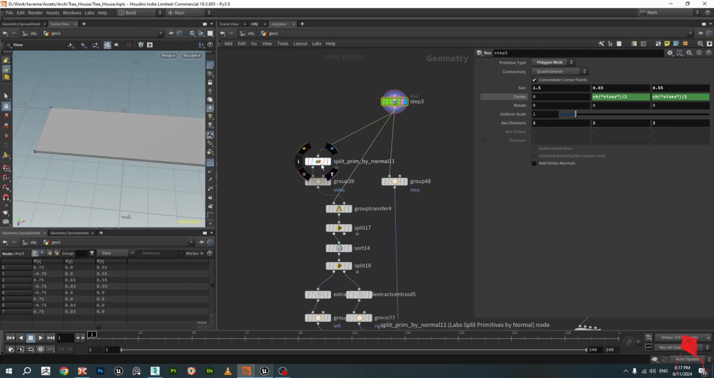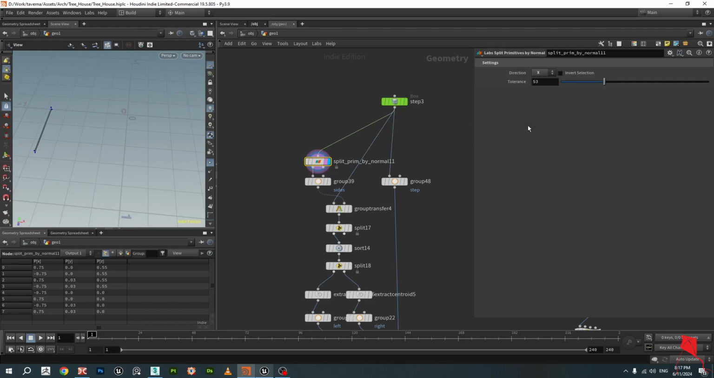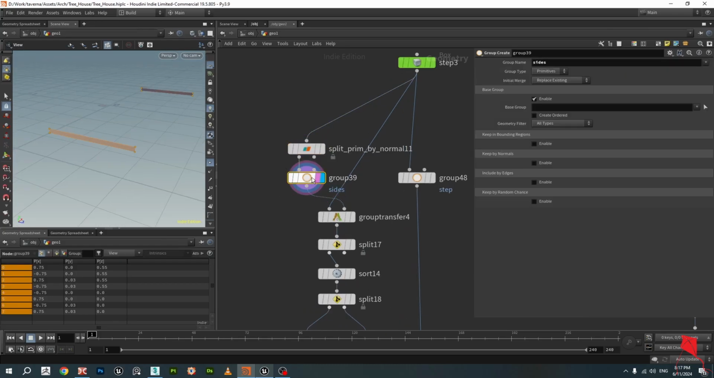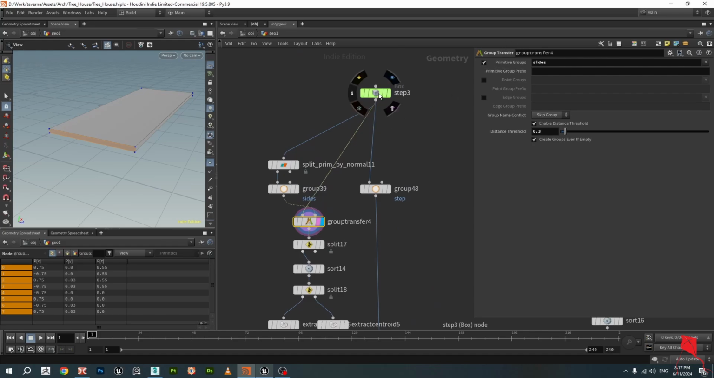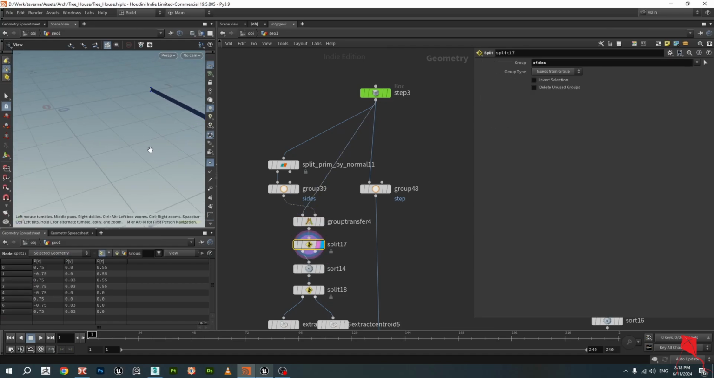What I did next is I split polygons by normals in x direction, and that's how I got my two short sides. And I added them to the group named sides, group of primitives. Then I transferred this group with the group transfer node from this newly created group onto the step itself. Group transfer with settings, and I selected the group that I want to transfer, and that's how I got my step with only selected sides. And then I do split. So now I have in one hand my sides,